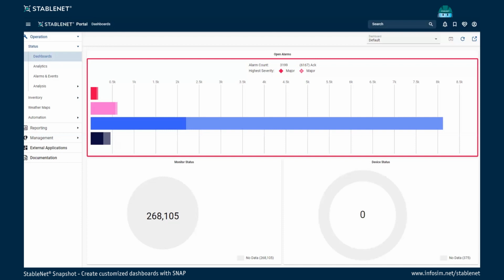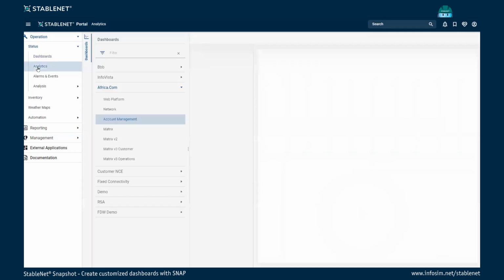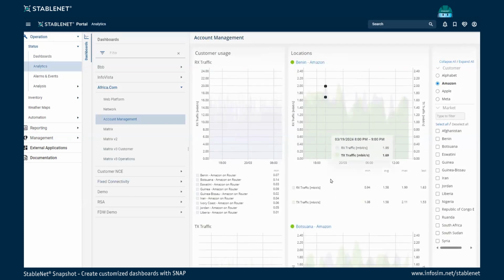As it was already said, I will give you a short overview today of the dashboards of the StableNet Analytics Portal: first, how you find it in StableNet, and second, how they can be created. After the login into StableNet, in the status section, there's an analytics link, as soon as the Analytics Portal component is configured in StableNet. Clicking on that opens the dashboard section with a separate navigation where all the dashboards can be seen